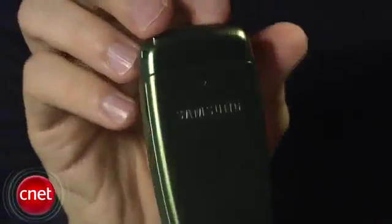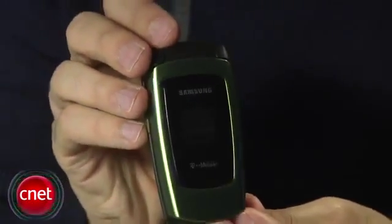Seen it quite a few times before, this basic shape from Samsung. Pretty clean lines, very minimalist as far as design aesthetics go. It does have a green color, which is a little unique. We don't see a lot of green phones. I was asking around trying to determine what type of green this is. No one could really tell me, and I couldn't decide myself. But it is a nice green, just different than the usual black or silver that you typically see on basic